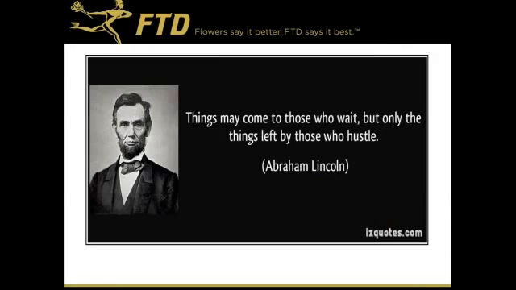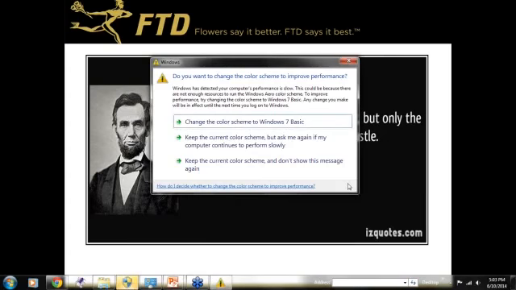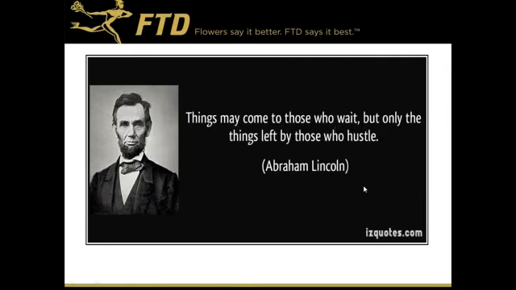It's one of my favorite quotes. I tend to leave quotes all around for me, and I find it to be very motivating. And this one, we've heard this, but I never really knew that it was attributed to Abraham Lincoln: Things may come to those who wait, but only those things that are left by the people that hustle. And I think getting and keeping great employees is super important. If we have to hustle to do it, it's worth it, because if we find well-rounded employees, they're really going to be the wind in our sails rather than the weight in our tails, as I've heard it said.